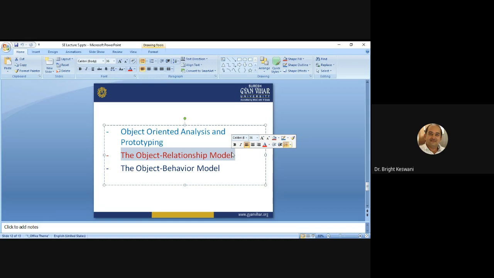Then in the second step, you review the CRC model index cards, the responsibilities and collaborators mentioned in them. You evaluate each of the classes and label all the connections properly.